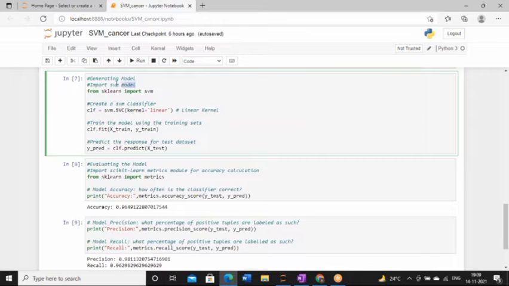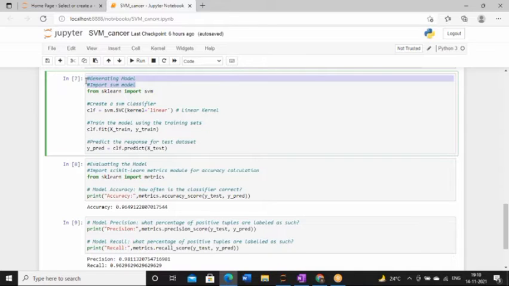And see here, we are doing the most important task. We are going to build the support vector machine model. One thing you have to note, you have to be very careful: immediately after splitting, only then can we use our machine learning model.